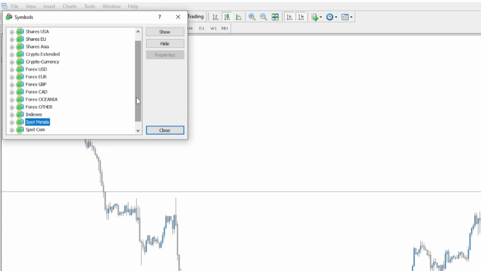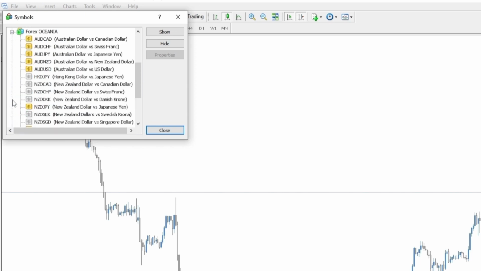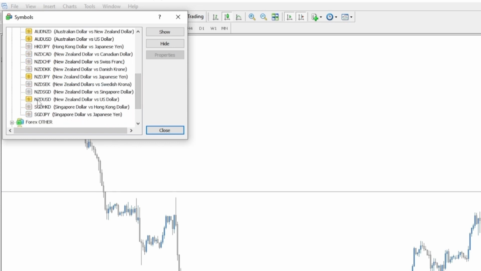Now, of course, New Zealand dollar is a Forex pair. Here you can see that if we go over to the Forex Oceania pairs, what you'll see are the Aussie and the New Zealand options. What we want to do here is go down to where it says New Zealand dollar, and make sure that we have selected the Show button. Now, once you've selected the Show button, you can come out of this tab